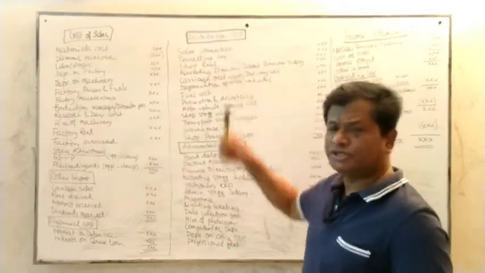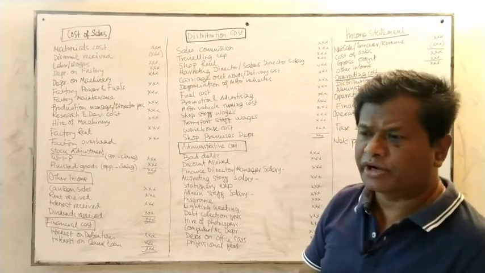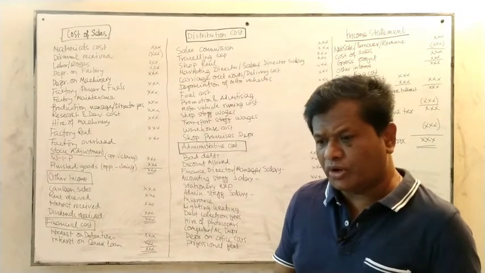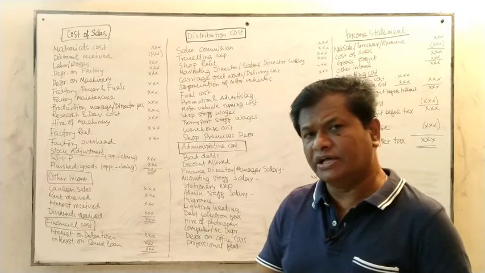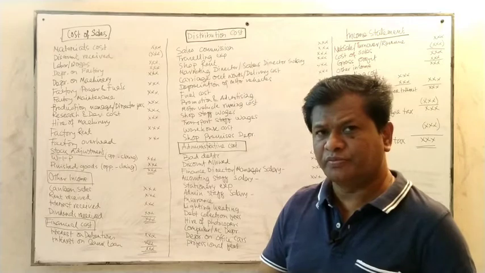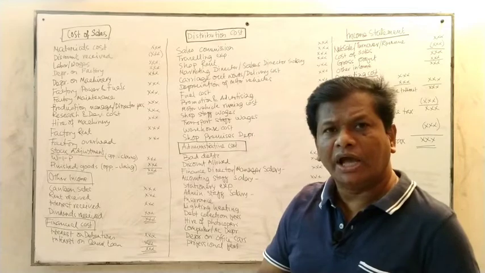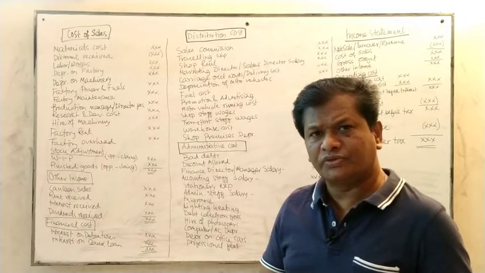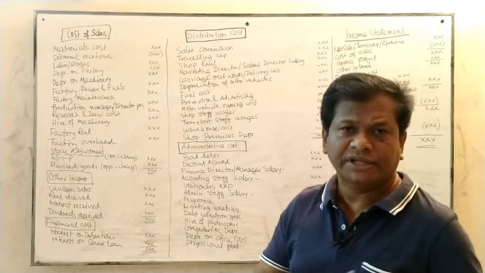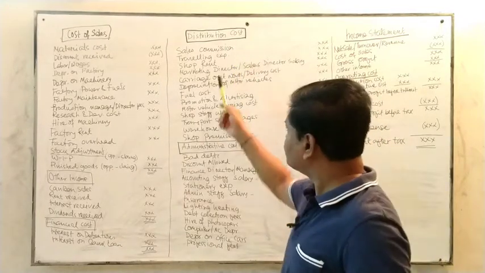First of all, sales commission. Nowadays big organizations sell their product through agents or salespersons. So that salesperson or agent is subject to receive some commission. Maybe you are sending the product to the sales agent, and once they have sold the product, they receive some commission. This is the sales commission. So first of all, it is written over here, sales commission.